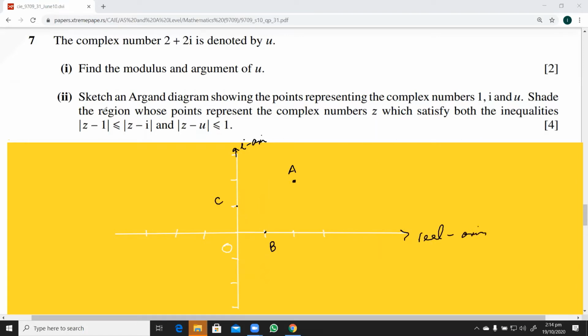Now it says we have to shade the region satisfying these inequalities. Now what does this mean to you? Z minus 1 is basically Z minus 1 plus 0 iota. And this is going to be Z minus 0 plus iota. You must write it like this first. So this is basically the perpendicular bisector of C and B. This is your 1, 0. This is your 0, 1. Okay? So you see that the perpendicular bisector of